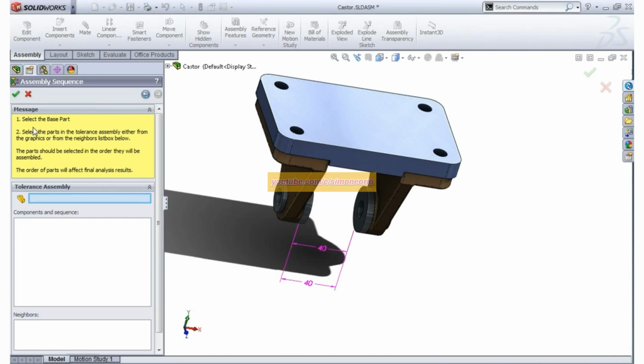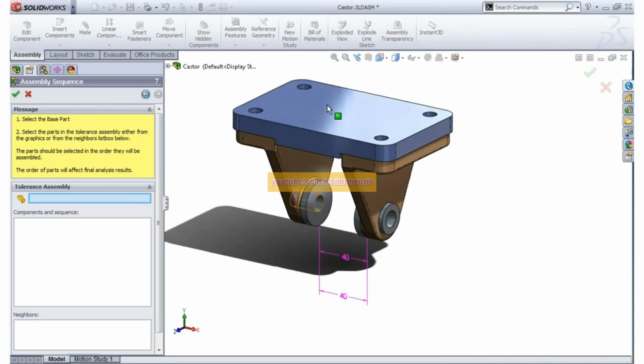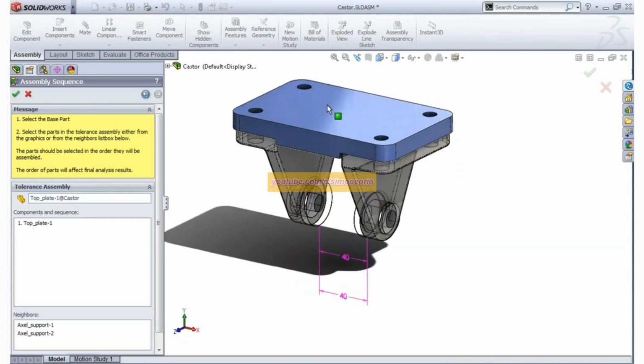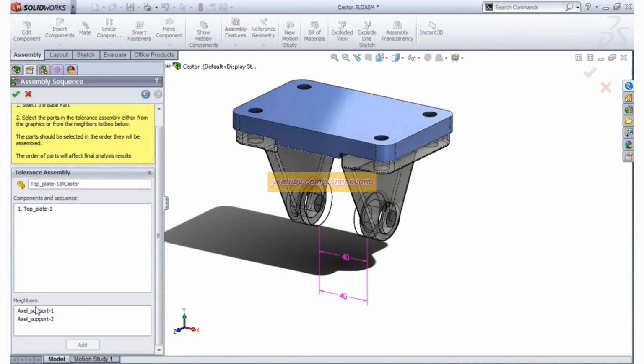Now it's telling me to figure out the assembly sequencing. It's telling me to select the first part that you put together, and that's going to be the base plate here. It makes the other parts go transparent and shows you what the neighboring components are. Automatically it did that, looking at the mating scheme. So I can say add the two neighbors next.